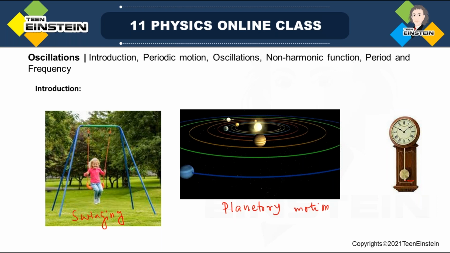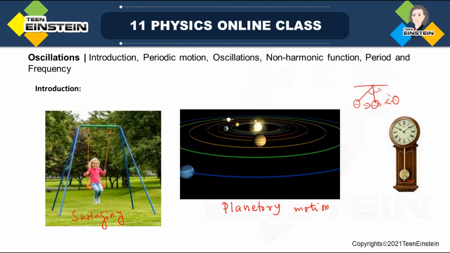It is actually called a pendulum, which goes back and forth. It goes here, and then comes back to here again. It goes either way. Eventually this angular displacement is the same on either side. So again it comes back to this original position, or the mean position. This is called the mean position.